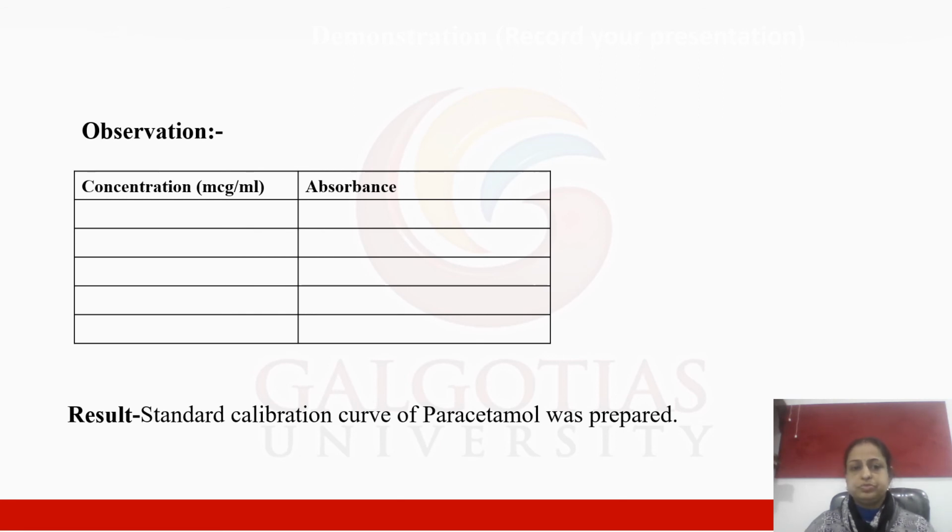We will put them in the left column, and the respective absorbance which we observed from the spectrophotometer will be put into the right column, and a graph will finally be plotted. And now we come to our results: the standard calibration curve of paracetamol was prepared. Thank you very much.